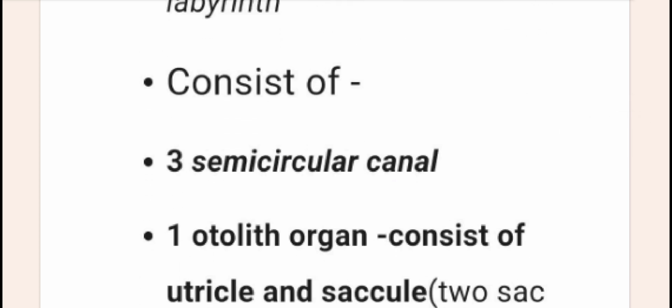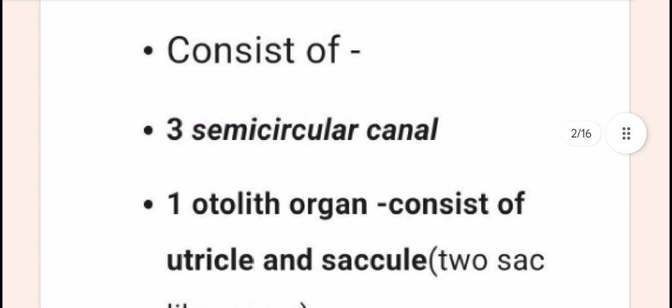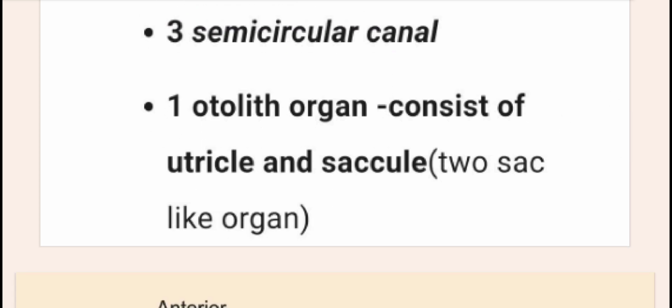Now our vestibular apparatus consists of 3 semicircular canals and 1 otolith organ. The otolith organ consists of the utricle and saccule. What are the utricle and saccule? These are the 2 sac-like structures. Okay,